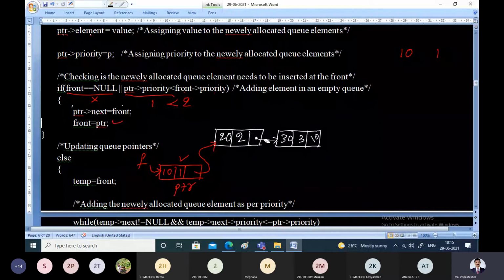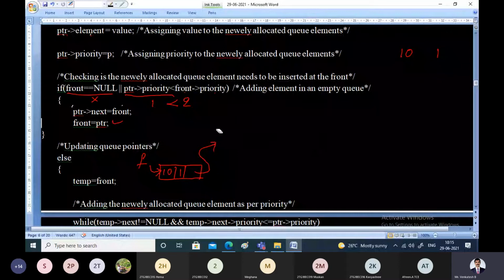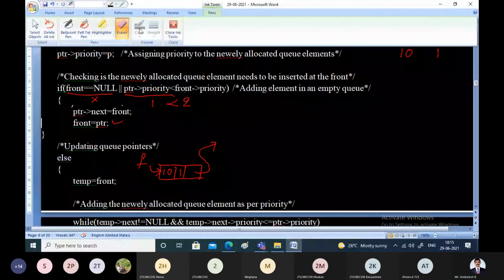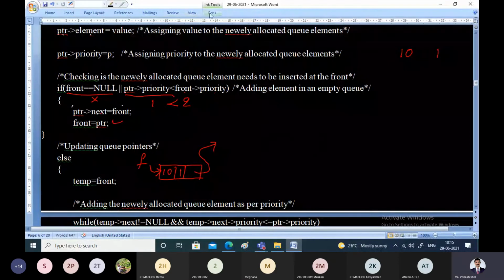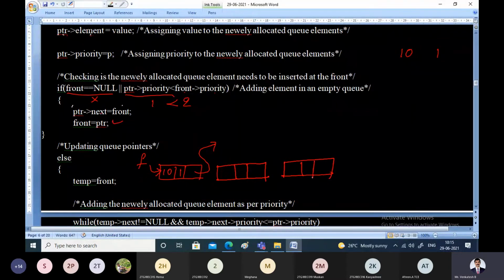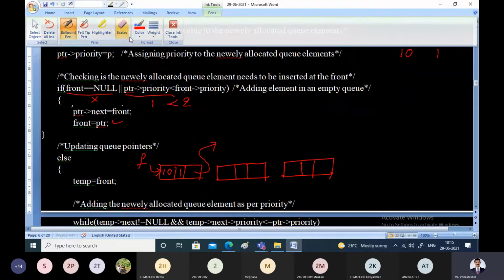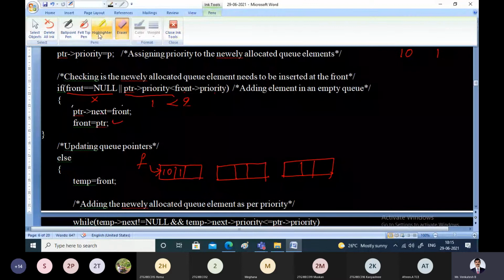So I'll keep these as they are. 20 and 30 I'll try to draw here. This is the element 20 and this is the element 30. So let us assume these values now.